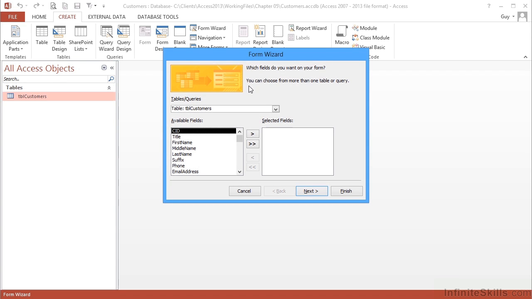Now, if you have more than one table or query, in this drop box here, you will have a choice of all of those tables or queries to base your form on. As our customer database only has one table, TBL customers, we have no choice to make. The second choice, in our case the first choice to make, is which fields would you like to see on the form? Because you don't necessarily have to see all the fields, just as in a query, you don't need to see all the fields. But obviously, if they're the only fields you can see, they're the only ones you can interact with, the only ones you can edit, the only ones you can change,